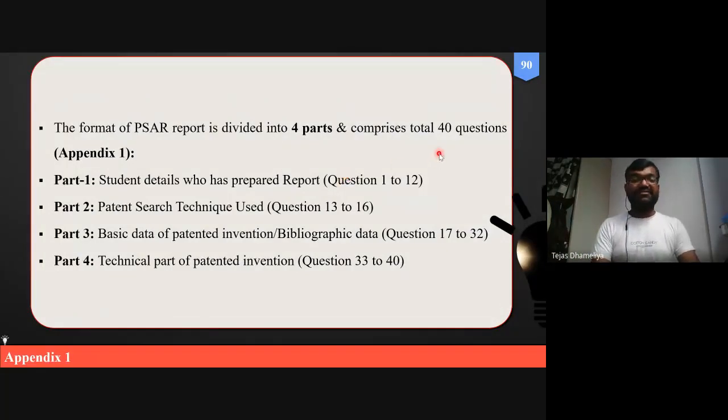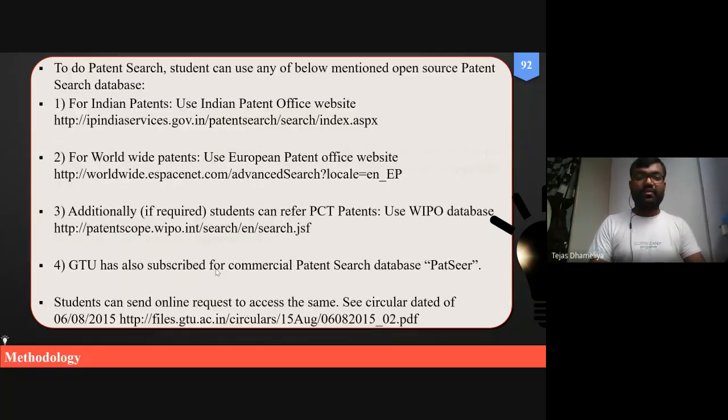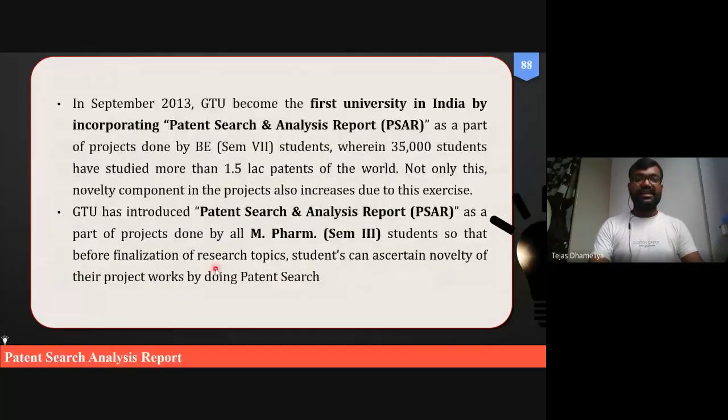There are 40 questions for each patent, so if you take 5 patents, there will be around 200 questions. The parts, in Appendix 1, Parts 1 to 4, are: student details, patent search techniques used, bibliography data, and technical part of the patented invention. All these things comprise the Patent Search Analysis Report, called PSAR.